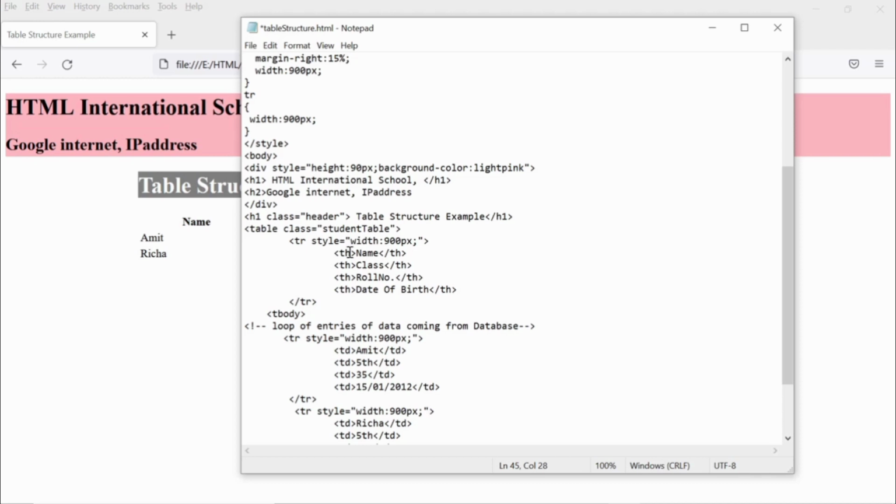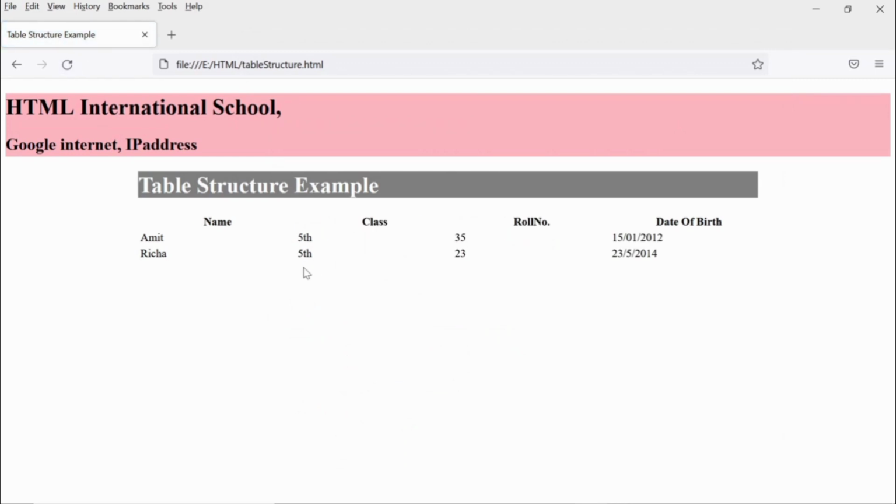So for all rows of the table I have also applied the inline styling, style width is equal to 900 pixel. So let's add 900 to the table because it doesn't make any sense. So let's add first to see and troubleshoot where actually the problem is. Most of the developers sometimes find difficulty. There will be a small problem, but they do more and more coding. So just avoid it. I will show you the real issue.